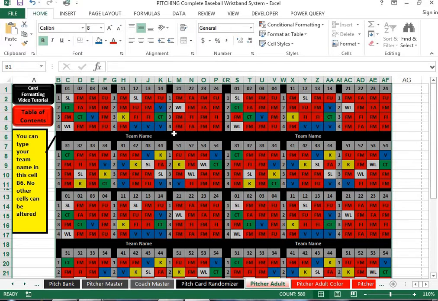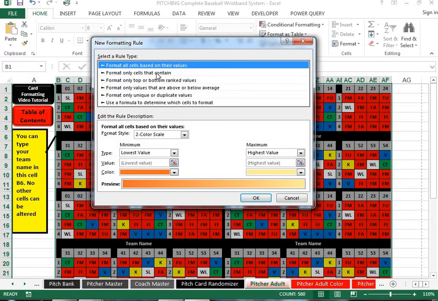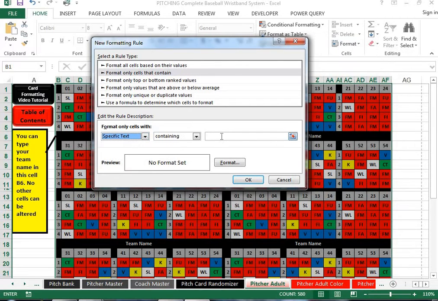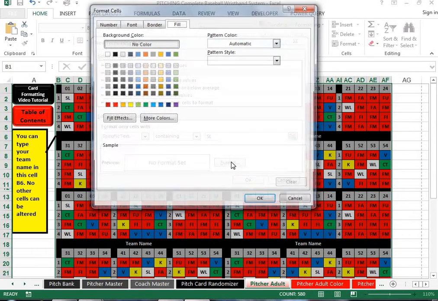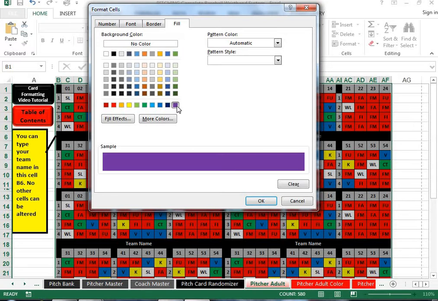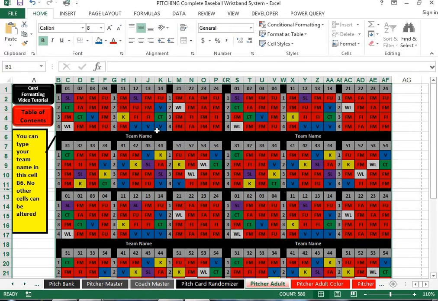And then let's go ahead and change the color of the slider as well, just to give it a color as well. So we're going to click format only cells that contain, cell value, specific text, and that's SL, format, and we will just make that purple. So click OK. Click OK, and now you've got everything colored in except the wheel play. So that is how you conditional format it,